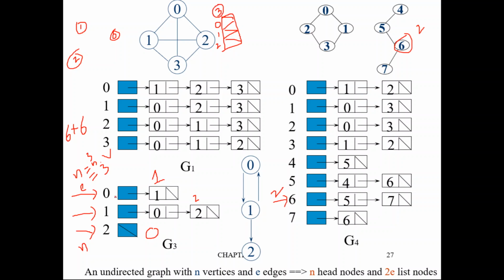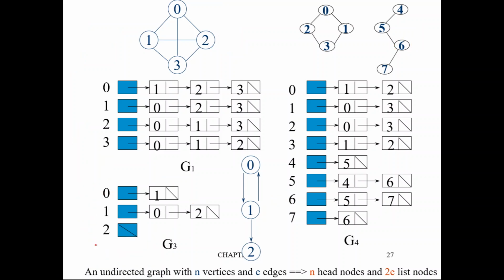N comparisons are a must. For every node you have to make that many comparisons, equal to the number of nodes. In this case there are 3 nodes, so 3 comparisons are a must. And then the number of nodes for the first vertex is 1, second vertex is 2, third vertex is 0. So 2 plus 1, 3. Are you getting it? So 3 plus 3 is 6. So this is the case for a directed graph.